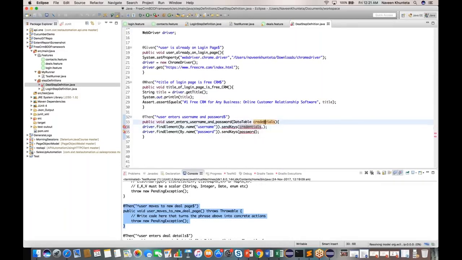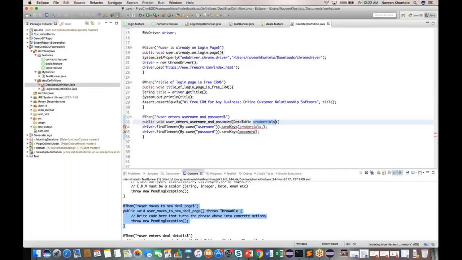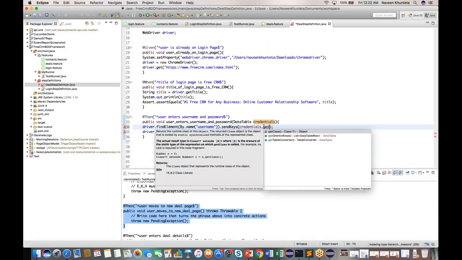So what exactly is this credential doing? Credential is referring to this particular object, I mean this particular test data. So this is the 0th test data and this is 1. So this is 0 index and this is 1 index. So what we have to do, dot get 0, dot credentials dot,